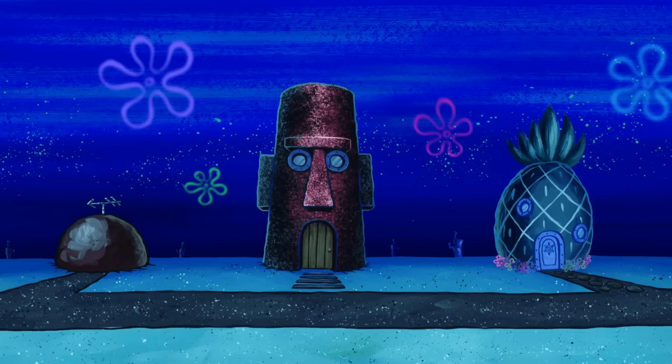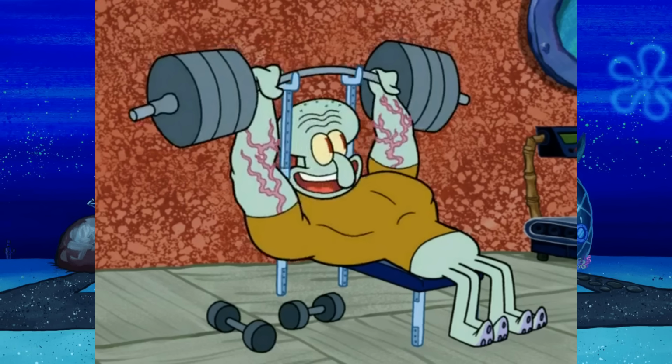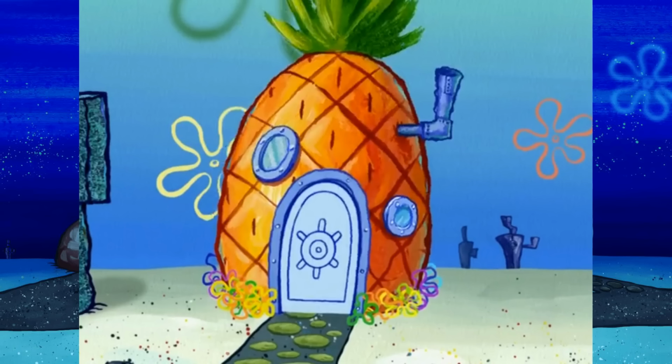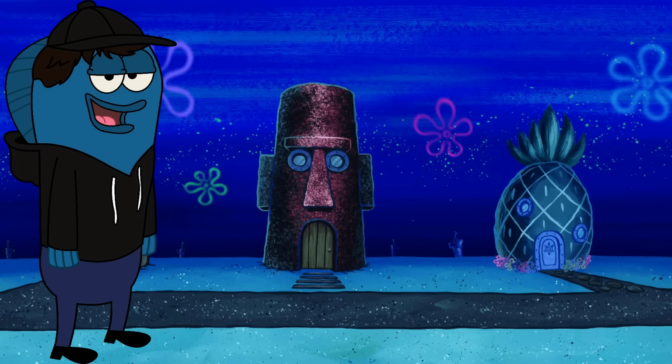And the second argument kind of ties into this, because a few minutes later in the episode, after Squidward gets buff enough to join the band, he runs to the rest of them, but unlike them, he enters through the main door instead of the garage door. Now, we don't see him enter the garage from entering the house, but they start playing their instruments off screen, so it's safe to assume Squidward got to the garage through the main door. So as I was editing, I realized that there is another episode that shows the inside of SpongeBob's